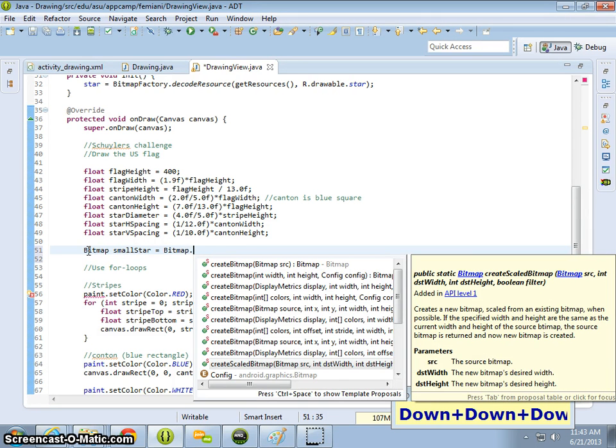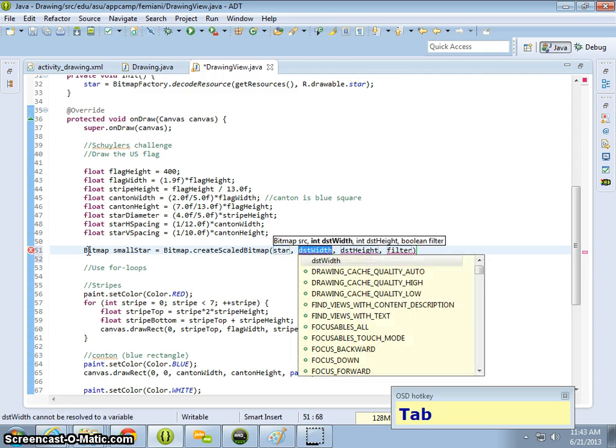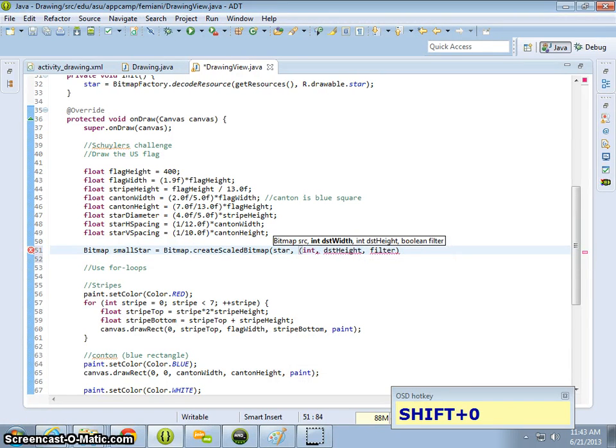So I'm going to create a scaled bitmap. I want to start with star at its original height, and the new width should be equal to star diameter, but star diameter is a floating point number, right? So I'm going to cast that float to an integer,